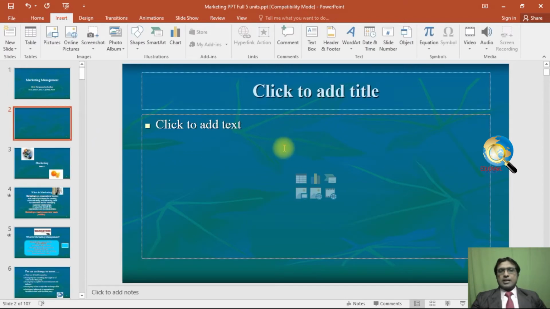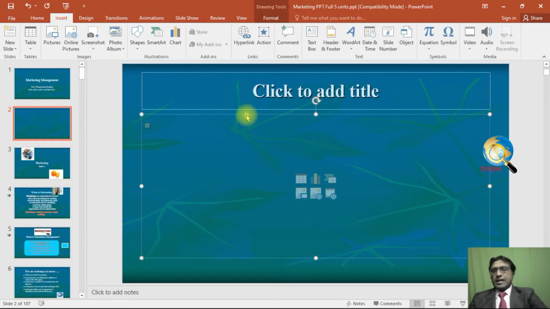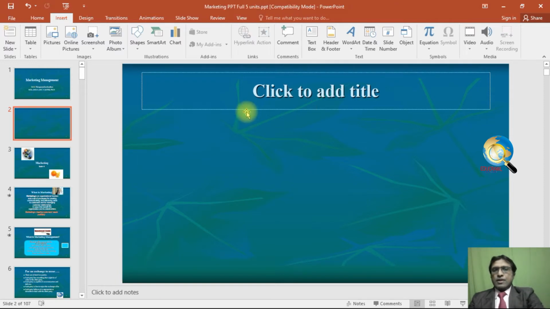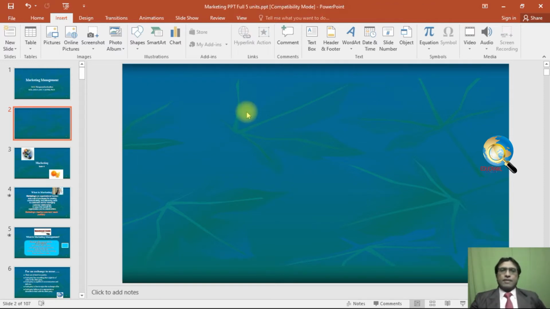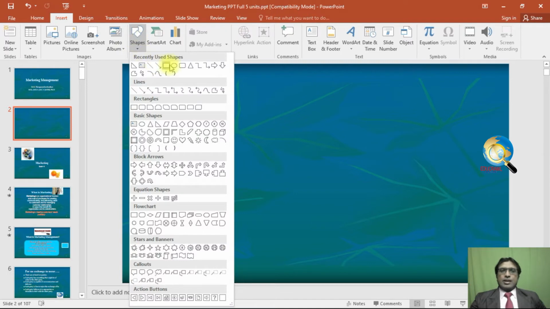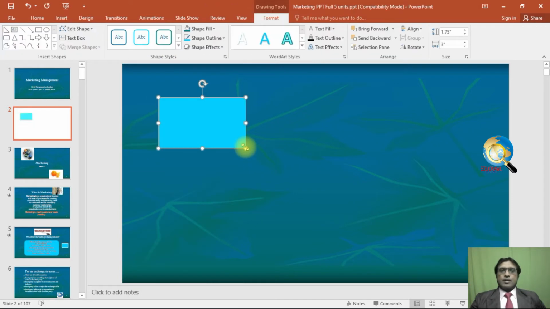Now let us create a bundle of action buttons which will work in different ways. So I am going to create a square.